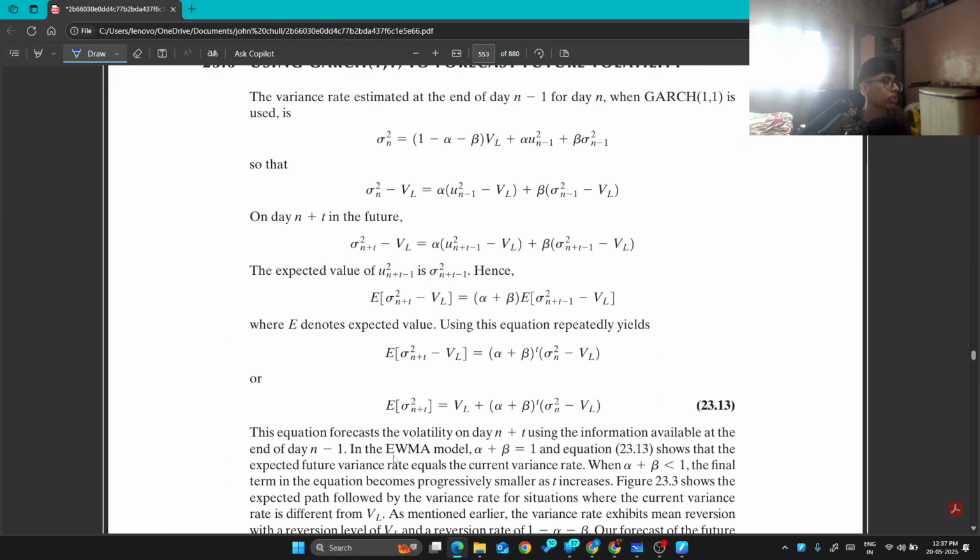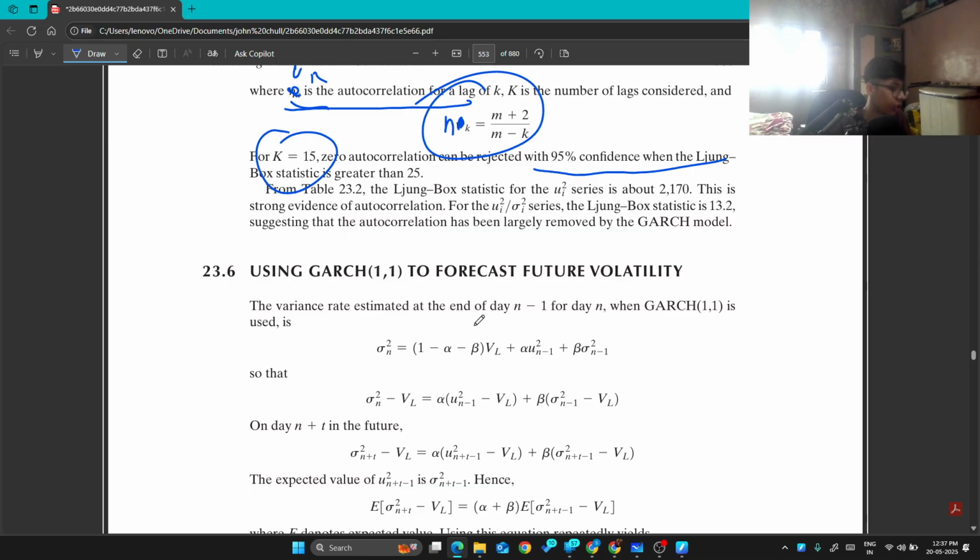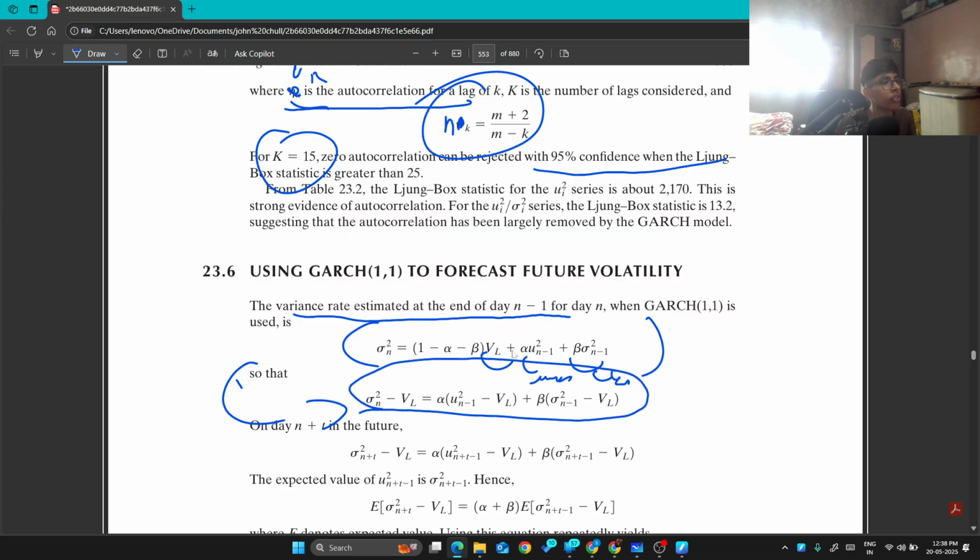Okay, now we are using GARCH to forecast. It's simple. Let me show you on the board. The variance rate at the end of n minus 1, this is our GARCH formula, with the long-term variance rate, our GARCH term, ARCH term, right? And then we can also write it in this form if we expand our ARCH term,